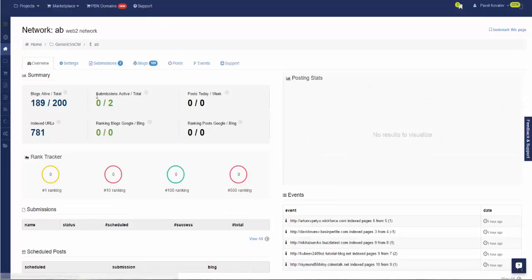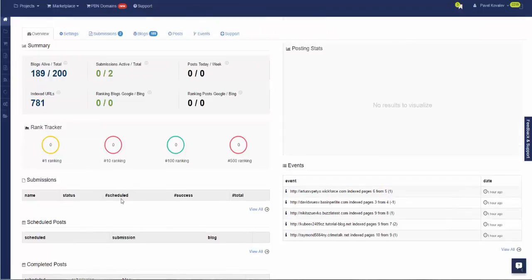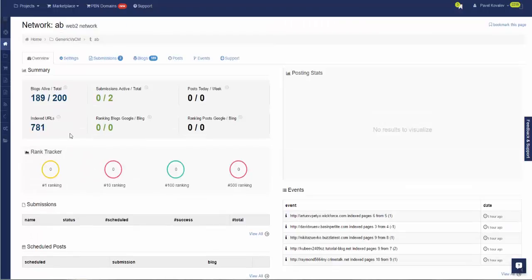So the article builder network. It's worth mentioning that everything was done on a specific day. Today is July 16th, and everything was done June 23rd and 24th, within 2 days. And after that, I didn't do anything. I just let those networks stay and for 3 weeks let Google index the blogs. So you can see that there are a total of 781 indexed URLs. That is an impressive result. Of course, if I use those results, it proves that you can rank Web2, you can index a Web2 network